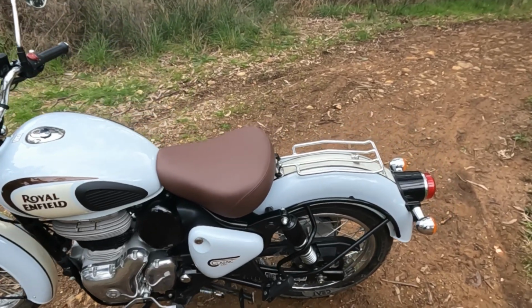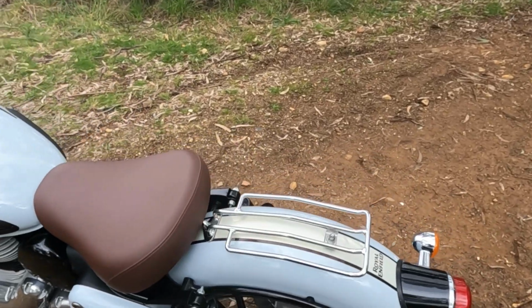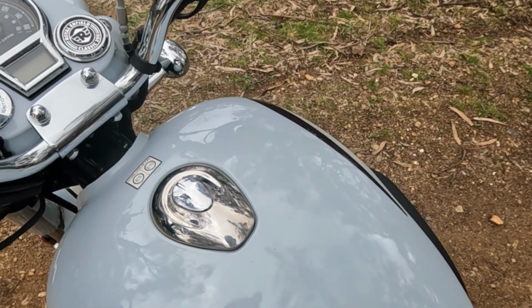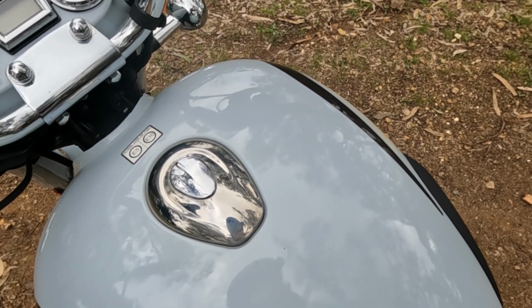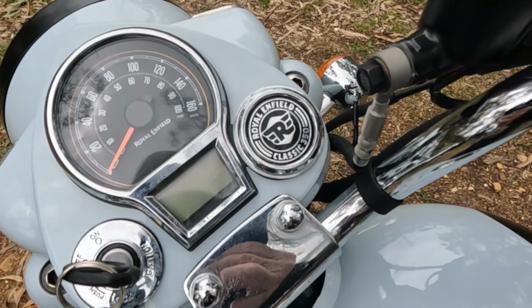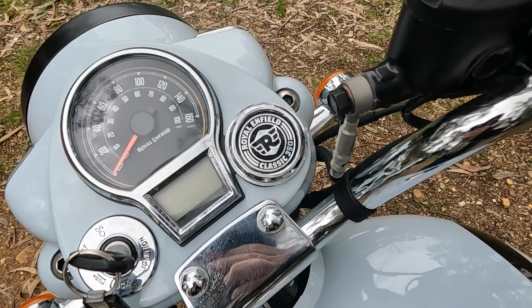If you ask me what I don't really like about the bike, there's really nothing I don't like, except I would have liked to have seen it have the screw-in cap similar to what's on the 500 Euro 4 version. And I suppose the only thing it gives away instrumentation-wise is that little LCD readout there. But over to the right of that, that'd be a good place to put a